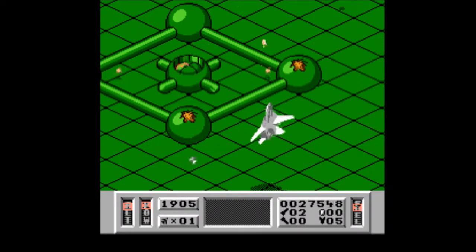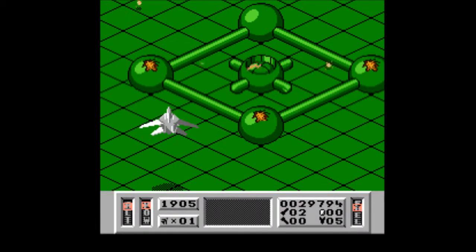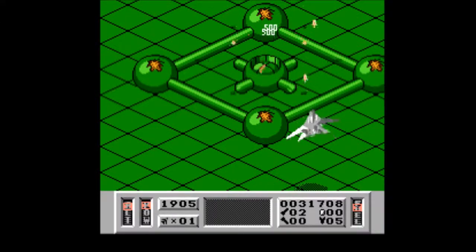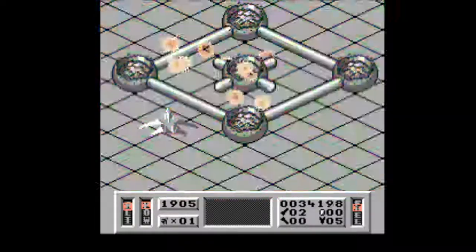What's the given indicator towards? We just have one more in the back. Okay, now we just shoot the middle base itself. And, yeah...